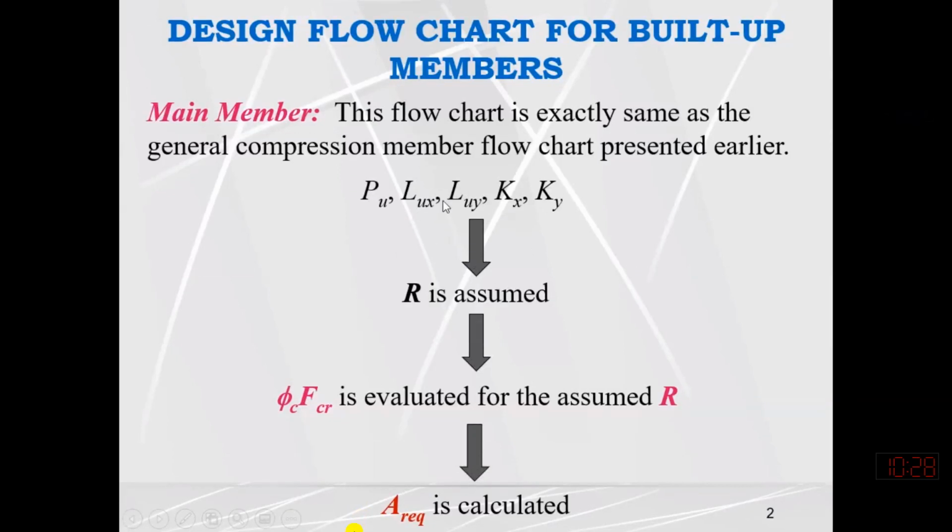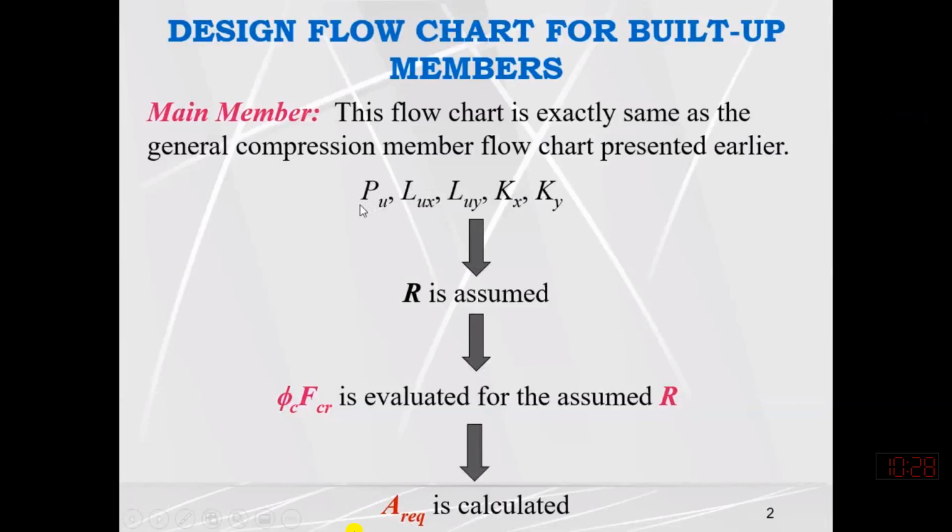First of all, we have to see what the given information is. So we may be provided with the factored load directly, or we may be given live load and dead load separately. Or we can take this Pu value from our table of forces. In our design classes we have made a table of forces by using different load combinations. So out of these load combinations, we can determine what will be the design force, whether the member will be stress reversal, pure compression member or pure tension member.